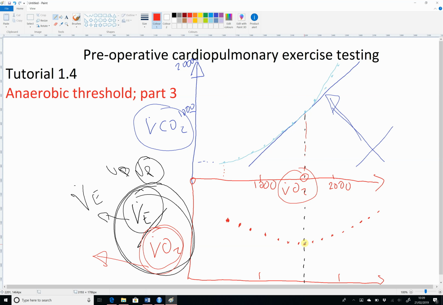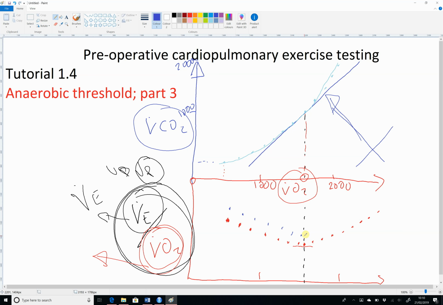And it keeps on falling to the point where the efficiency of gas exchange for oxygen deteriorates, and it deteriorates because after the anaerobic threshold you are having to breathe extra air to get rid of carbon dioxide that is evolved through non-oxygen mechanisms, so through anaerobic mechanisms. So you're looking for the lowest red dot, and you can see it here, and it's coincident with the anaerobic threshold above. One thing you have to check is that the ventilatory equivalents for carbon dioxide